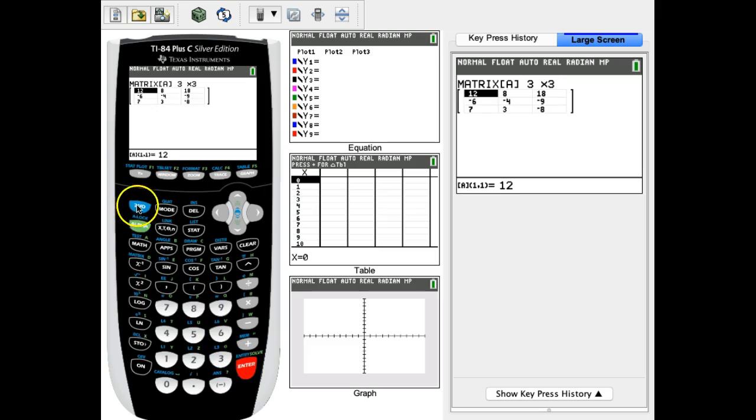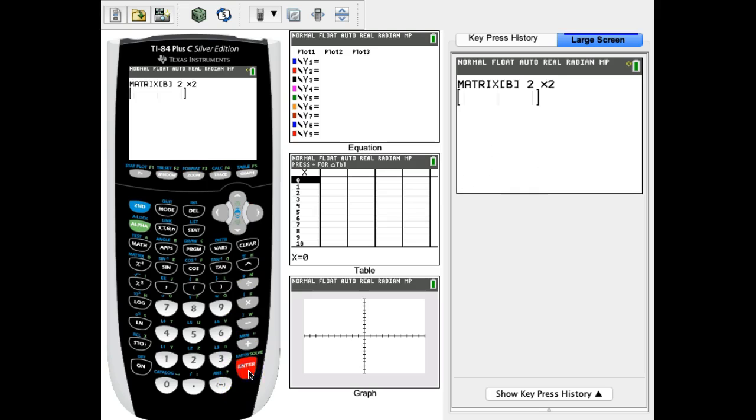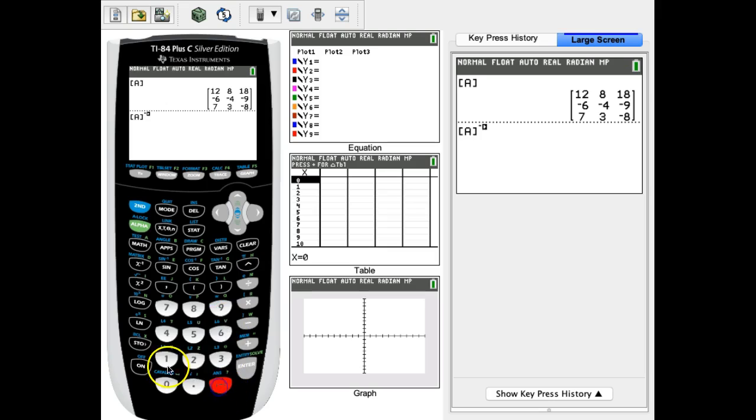Okay, that's matrix 1. Go into second matrix again, and now I want to put in my solutions, which is a 3 by 1. And that matrix is negative 24, 12, and 6. So what we want to do now, I'm going to go to quit. I'm going to hit second matrix, and I'm going to do the inverse of A. So if you hit enter on A, that's just our matrix that we put in. If we take the inverse,